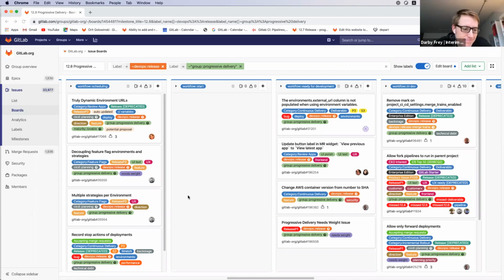Okay, so the first item we have is truly dynamic environment URL. And this is, I would say, on the top three of the popular issues asked by customers. It's an addition to review apps.